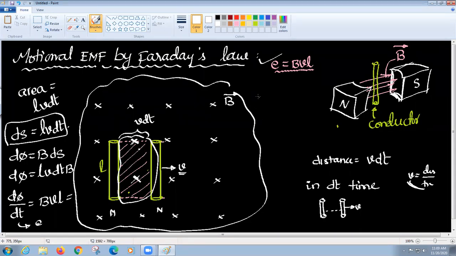So that flux linkage, we know, is dφ. So this flux linkage is equal to what? The area we are seeing multiplied by this fellow, this B. I have a regular area, so directly I can multiply these two, dS multiplied by B. If we have some random area, then we should exercise integration and all these things. But I have the flexibility of directly taking the area dS multiplied by B. So you plug in that dS, you get this answer. It's as simple as this.